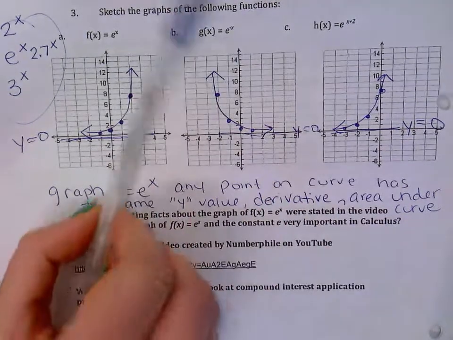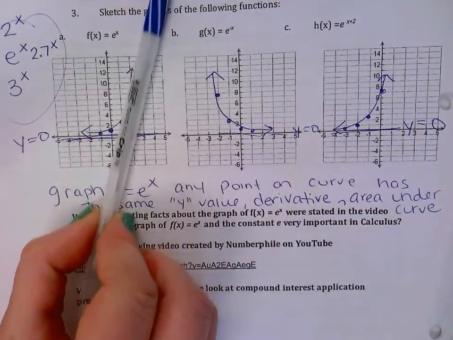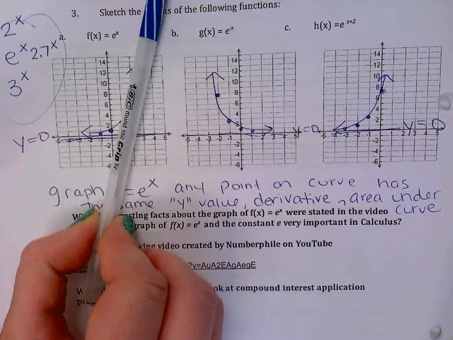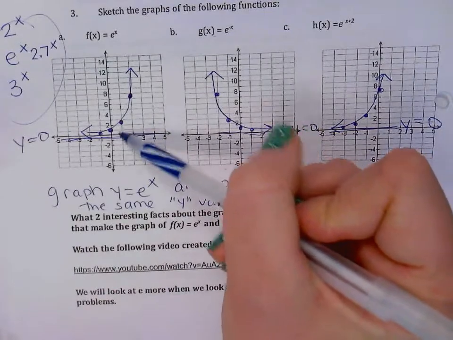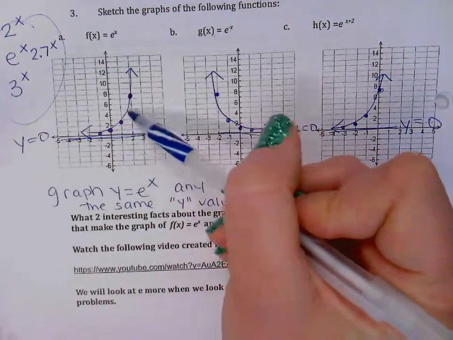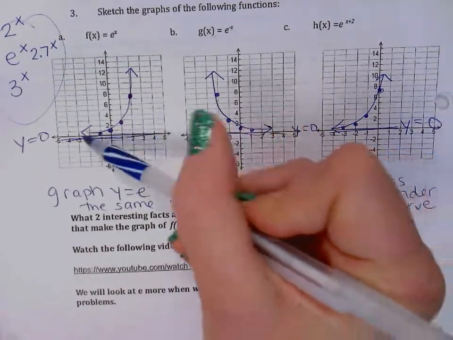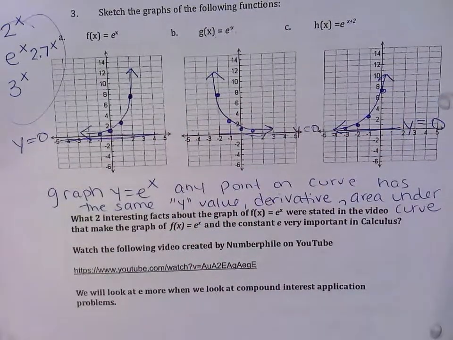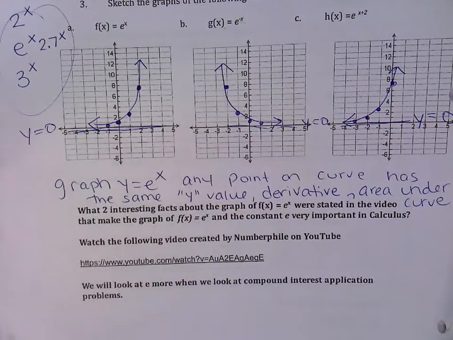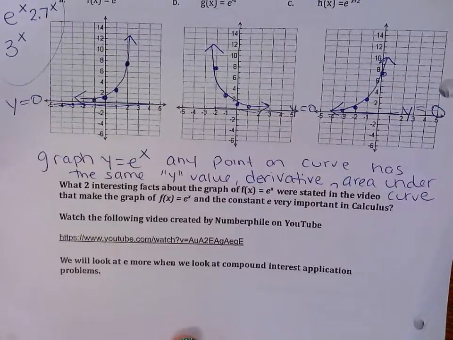The instantaneous rate of change at that point is also 7.39. And if I shade it in under the curve all the way down here to -infinity, this kind of triangular region has an area also of 7.39. So because you're working with derivatives, integrals, it's the natural language of calculus. All right, so